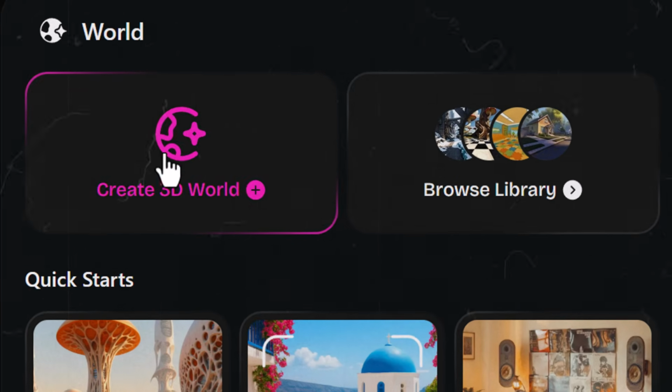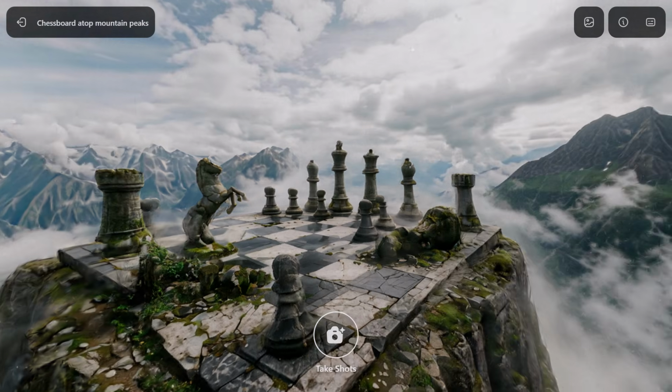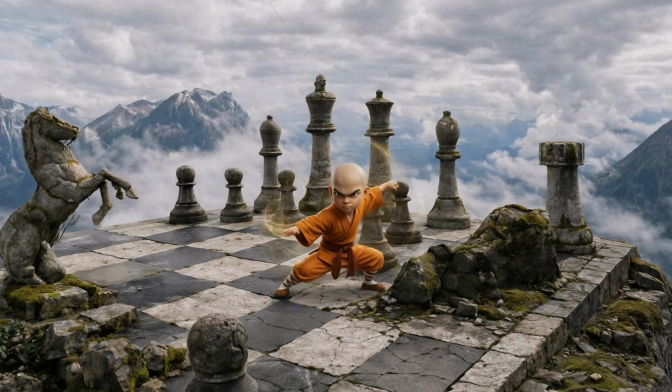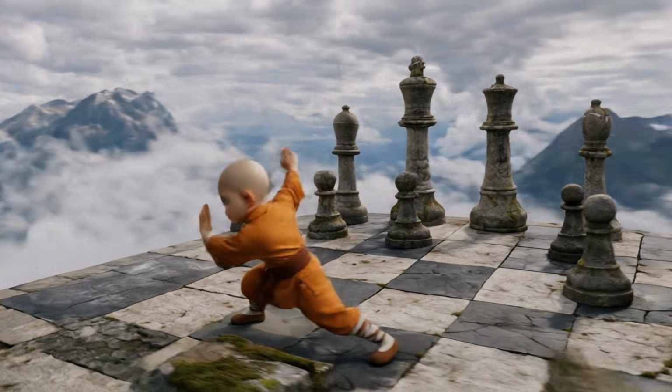Imagine being able to use AI to create an environment, explore it in 3D, and use that environment in your AI art images for better storytelling or for setting up shots for a video project. Well, today I'm going to show you how you can do that and how the whole system works in the